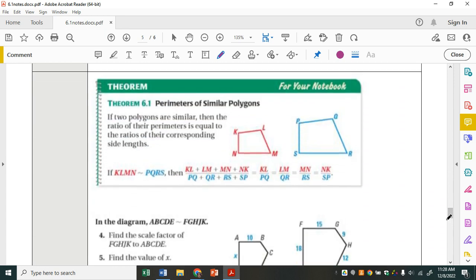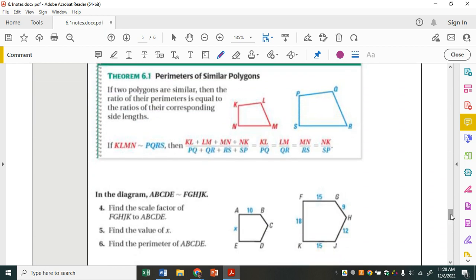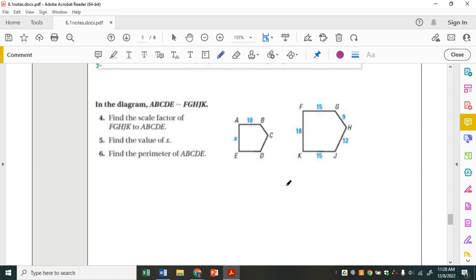Okay. The bottom question here talks about the perimeters. The one thing we have to remember is that our scale factor is going to help us with everything. So our scale factor will help us with side lengths, it'll help us with special segments, and it'll help us with perimeters. So when I say find the scale factor of FGHJK to ABCDE, first off, recognize I'm not asking